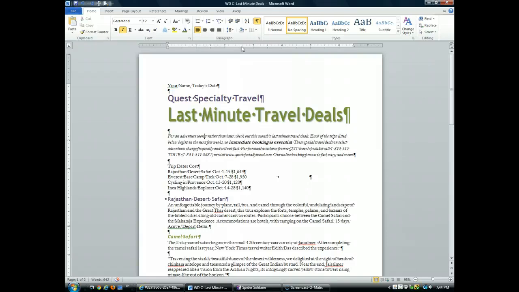Now what we want to do is change the line spacing of this 5-line list about trip dates, cost, and whatnot. And since this list is made up of multiple paragraphs, and I know that because of the paragraph marks at the very end, we need to select all of them together. So I'm going to select them all,